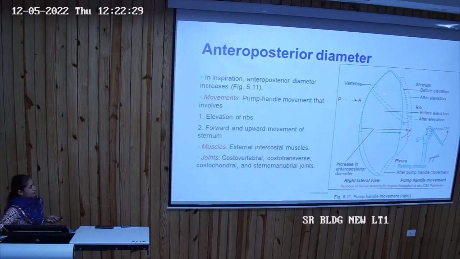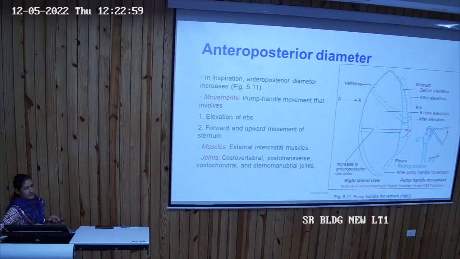During expiration, this was the position of the lung. Then during inspiration, or after elevation, this was the position, shown with the purple line. So this is during inspiration. These green dotted lines show you the borders of the rib and the sternum. Here we will see how the rib and the sternum elevate.